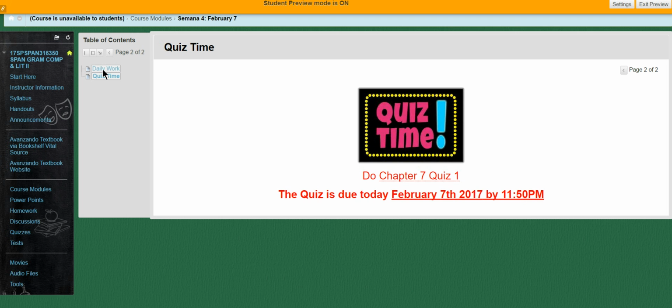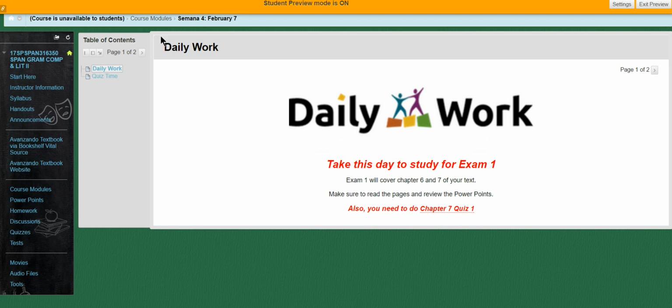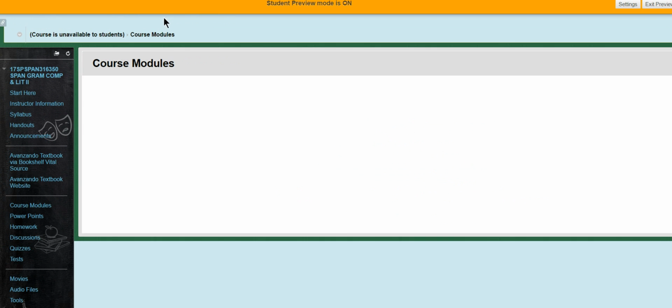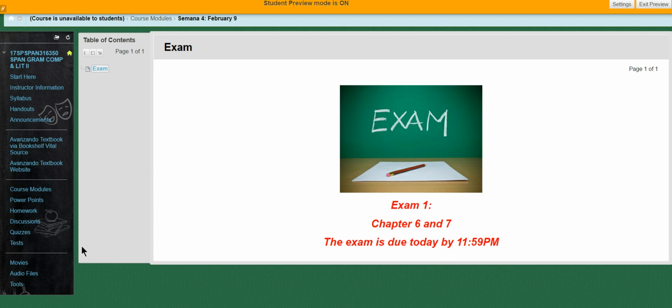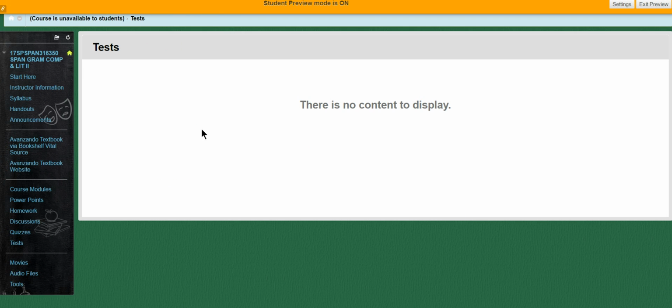If you look at it, that day is February the 7th, and February the 9th is going to be your first test. And where do you find the test? Right here, after quizzes. You click on it. Of course, I didn't put any to display because these tests are set up so that they are open the day that I want you to do them. That's why when you go into test, you're not going to see anything because they're not open yet. I don't want students to start the test without